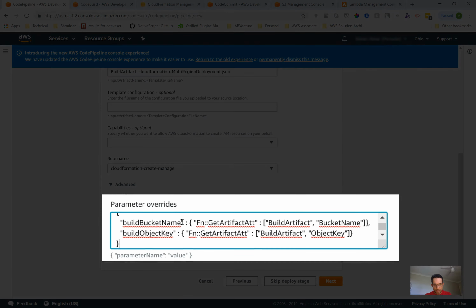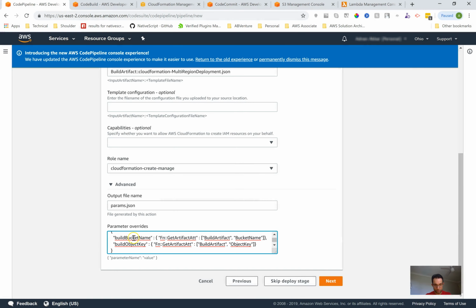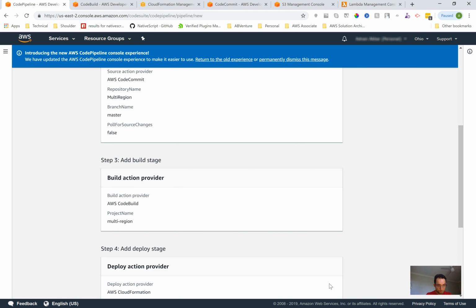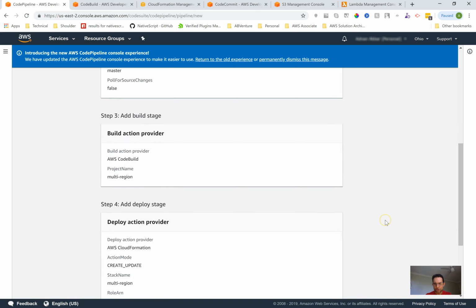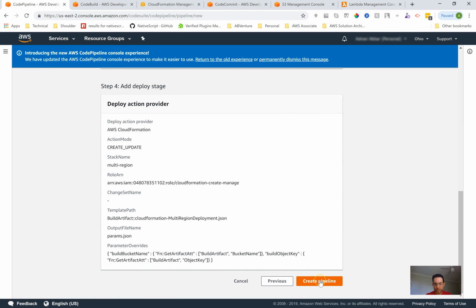Okay. So build, remember, in the CloudFormation template, these two values need to be filled in, and that's coming from the build artifacts location, and that location is holding the bucket name and the object key. So it'll fill in these values and then execute it. So let's create it,